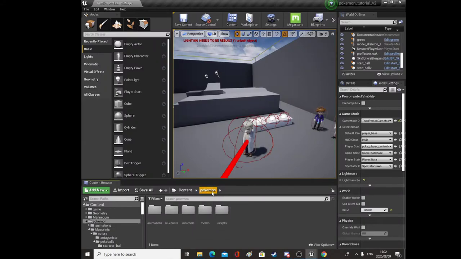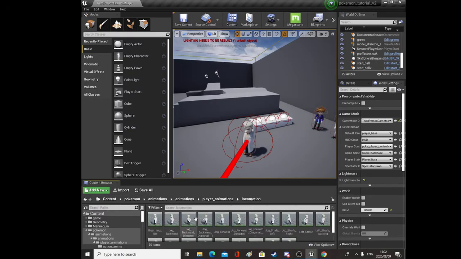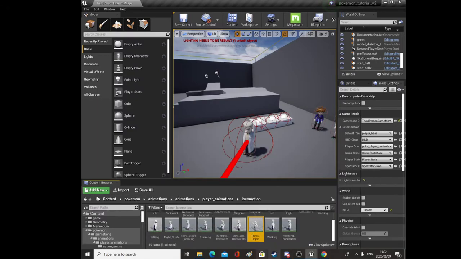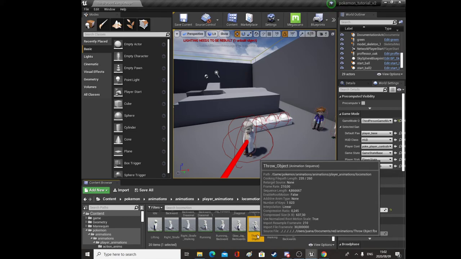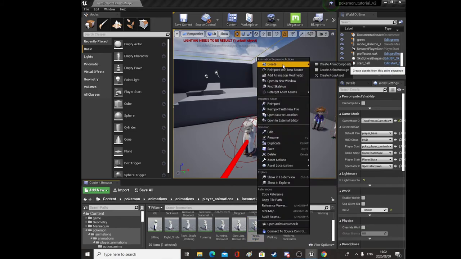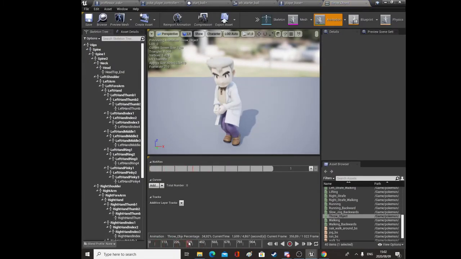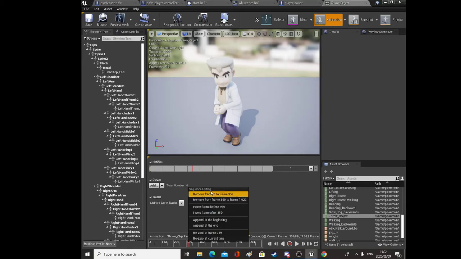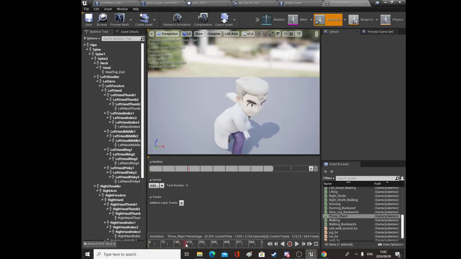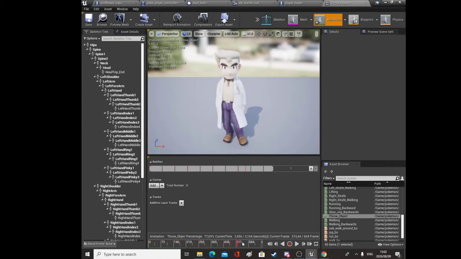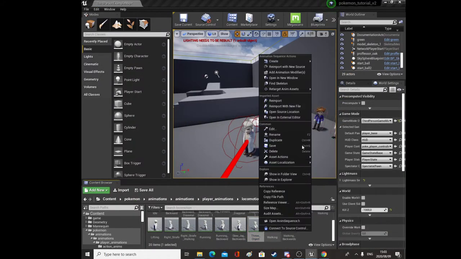And what we want to do now is go to Pokemon, animations, play animations, locomotion. I don't know why it was stored in here, but whatever. And we'll go to this throw object, right click, or let's just view it quickly. I think we need to get rid of some stuff in here. So we're going to start him throwing from here. So we're going to remove from 0 to 365. So it's going to start from there, and he's going to throw his ball and stand back. Okay, that's fine. Compile, minimize, or we could have actually just exited that, but we're going to create a montage,